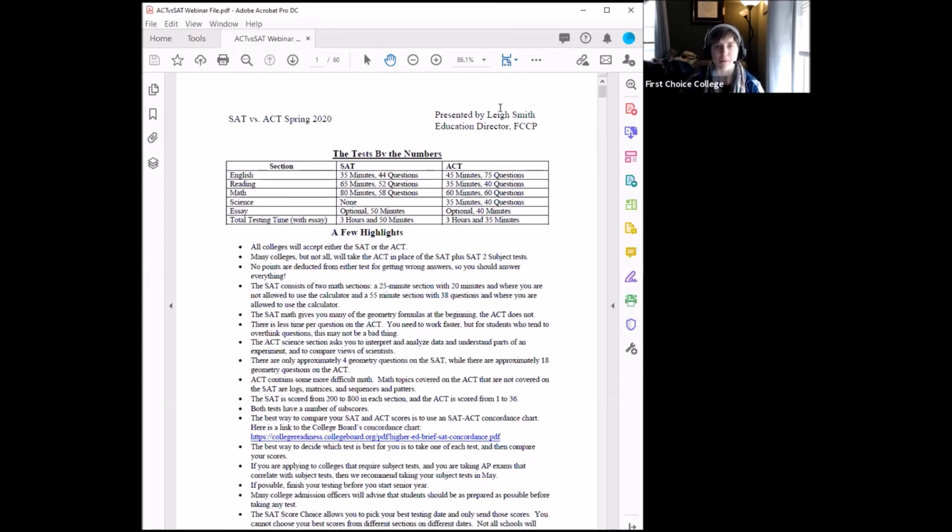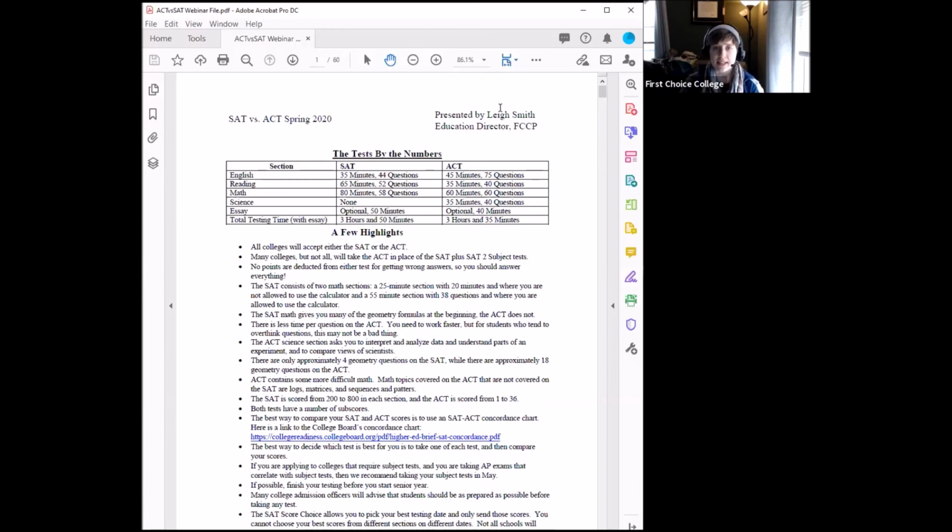So this is your grammar. It's passages that have underlines that they're expected to fix, things like punctuation or verb tense errors, and then it moves to things like rearranging the order of sentences and rearranging the order of paragraphs. So the English or writing section between the two is fairly similar.